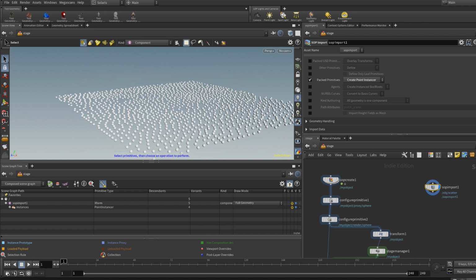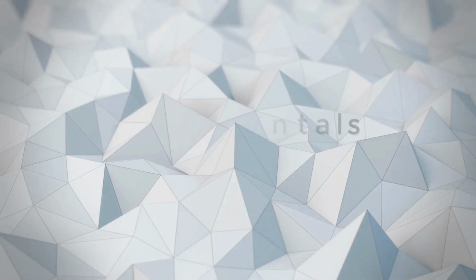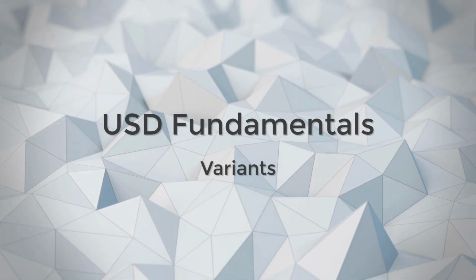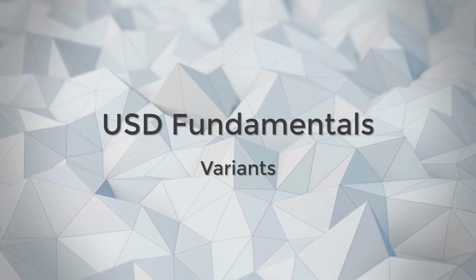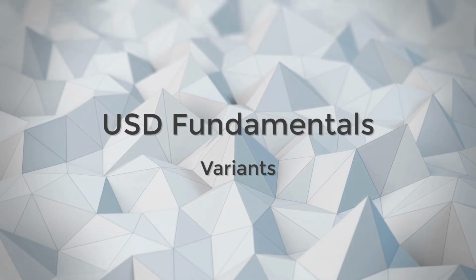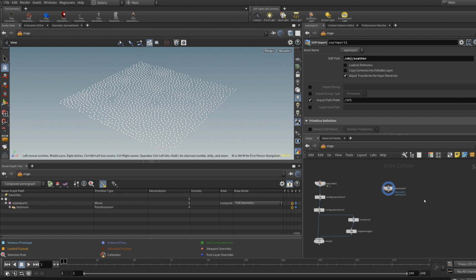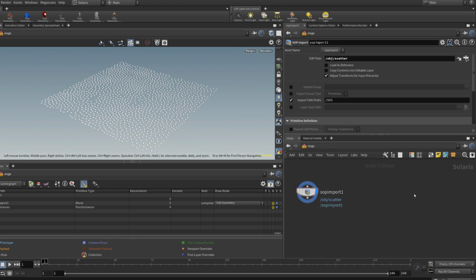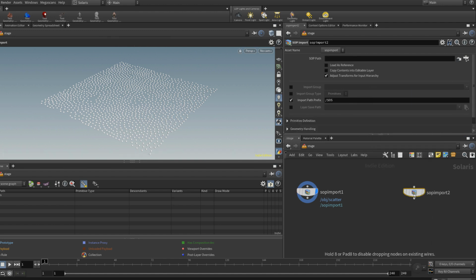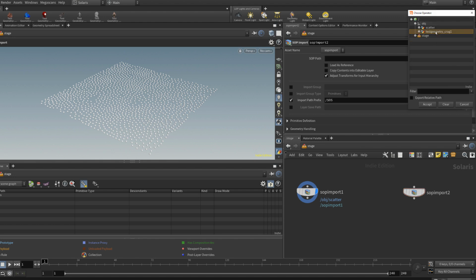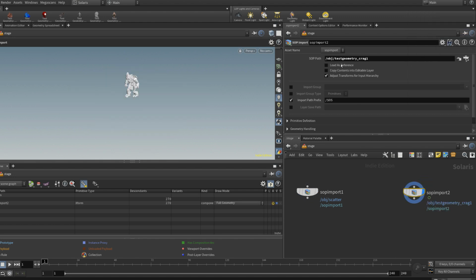All right, there are a few more things I need to talk about, and one of these is the concept of variant. So in USD, you can store a variant for a model or a look dev into the same USD, which has a lot of benefits down the line. Let's say if you want to change the look of a car within your shot or something like that. So the way to do that, we'll import Craig as an example. Let's bring this dude over and we'll load it as reference.